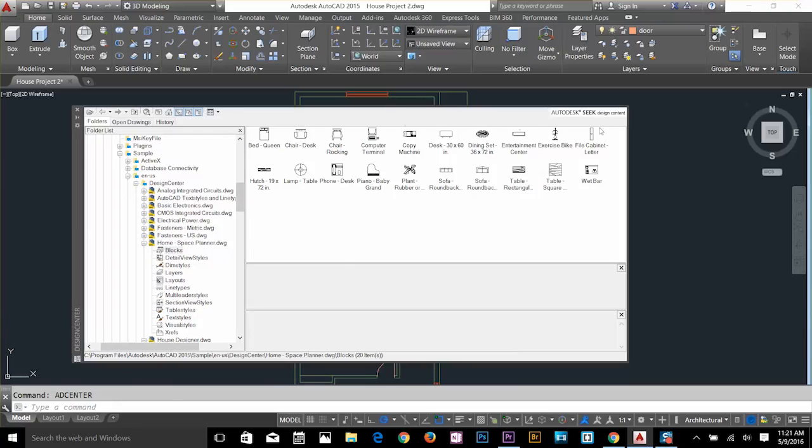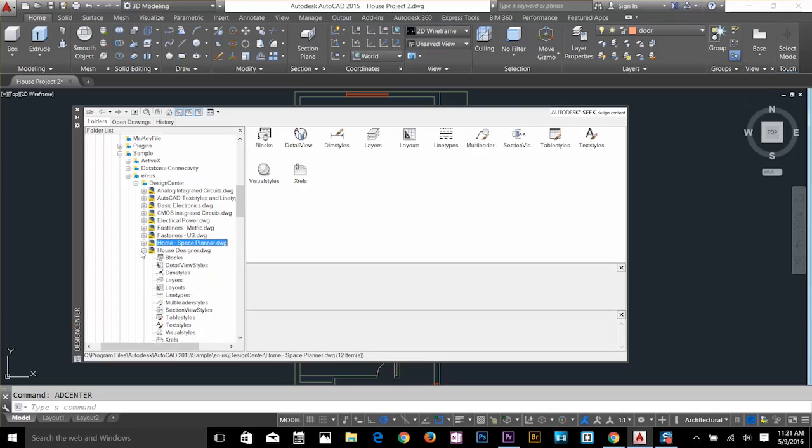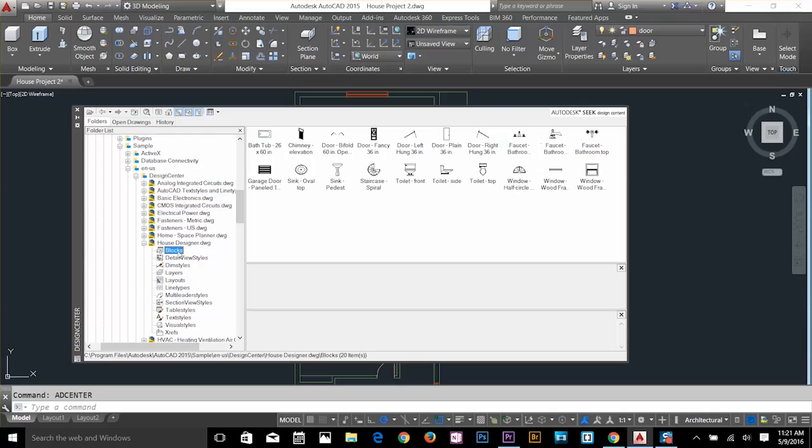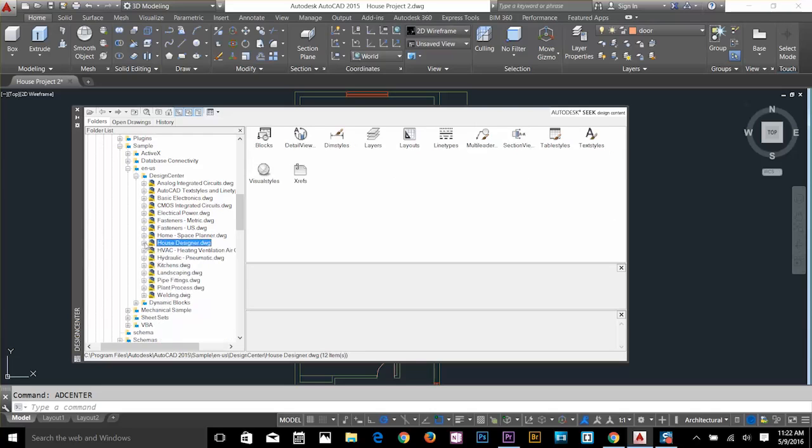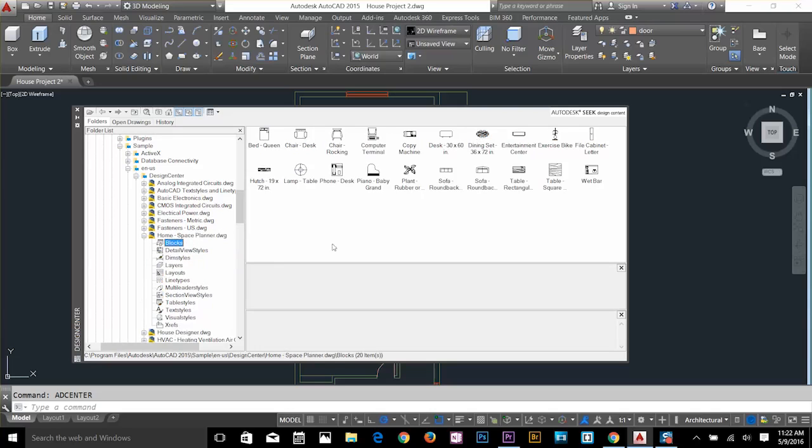If you don't see these objects, you need to go to your sample files, English US Design Center, and here you get a lot of files, right? So right now I'm looking into House Designer and click on blocks. So these are the blocks available in that file. So you've got toilet, you've got door plan, you got bathtub. So if you go to your house space planner, click on blocks, you get your queen bed, chair rocking, all